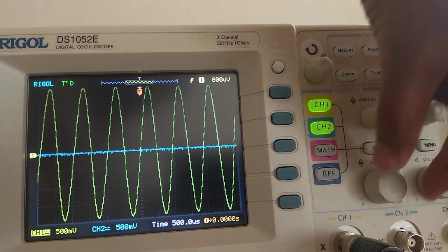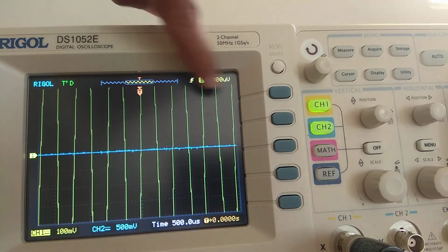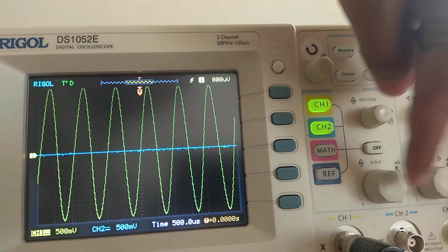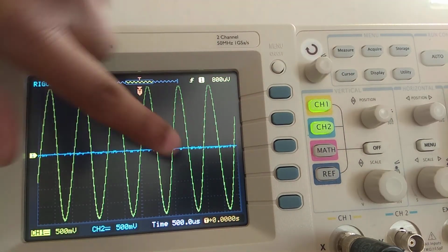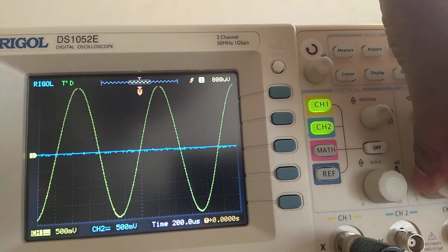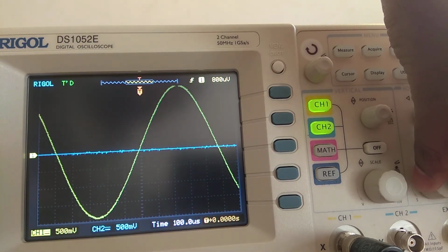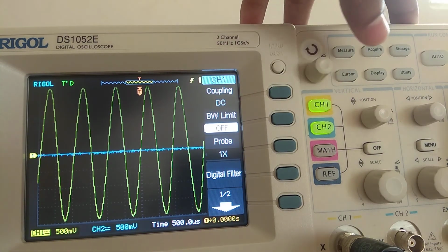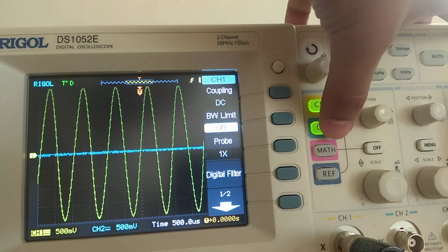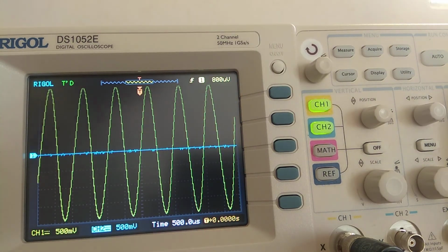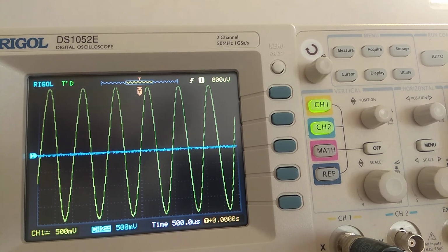So if you want to increase more, here in the display you cannot see. So by this, if you want to see the picture, for these two you can do the vertical as well as horizontal. The horizontal, the x-axis, will be the same for both channel 1 and channel 2. And whichever you want to choose, just press channel 1. Now if you want to change the measurement of this one, it is in channel 1, and if you press channel 2, it will change the measurement of channel 2. So this is all about your function generator and DSO.